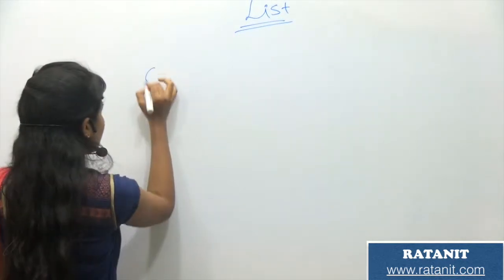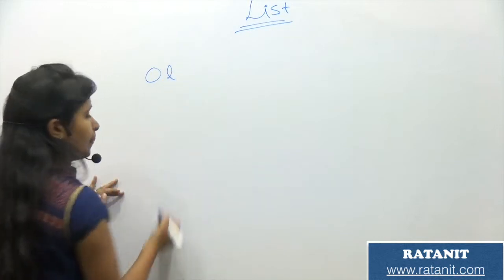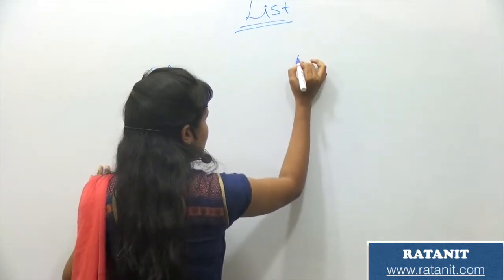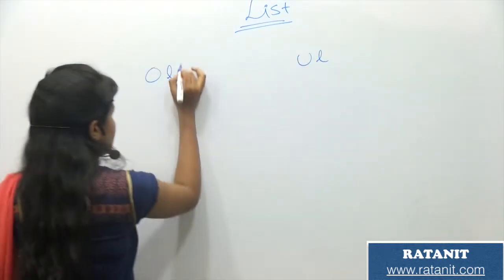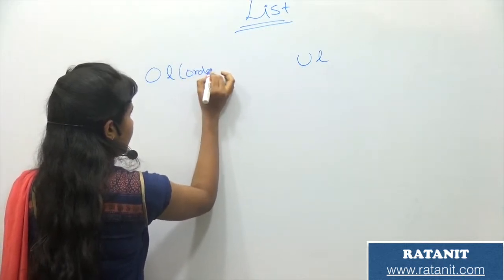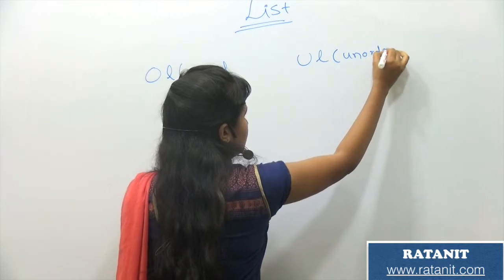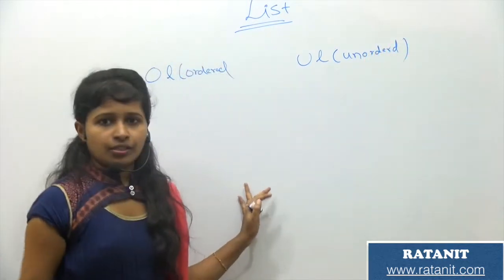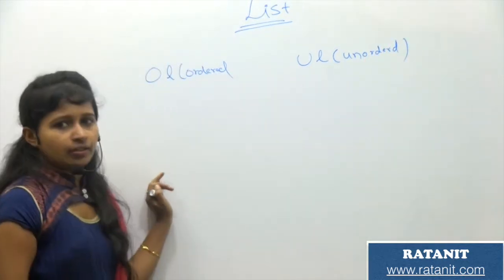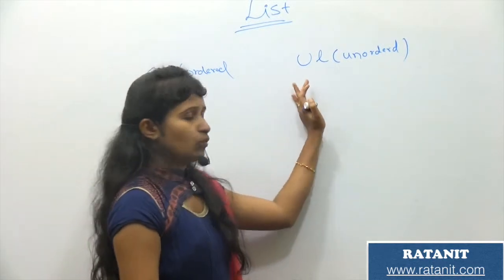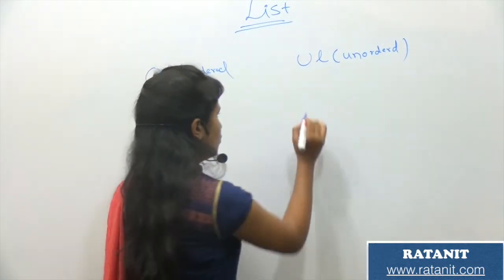One is ordered list, another one is unordered list. This is ordered and this is unordered. First I am going to tell you unordered. So for unordered,